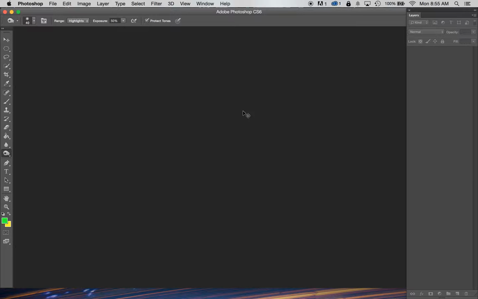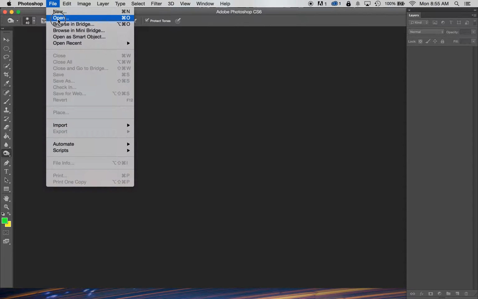A lot of students make this mistake. They open up image 3. I say it very clearly in the directions. I don't know how much more clearly I can say this. For image 4, you start with image 2. So you go File, Open, in Photoshop. We're back in Photoshop. File, Open,